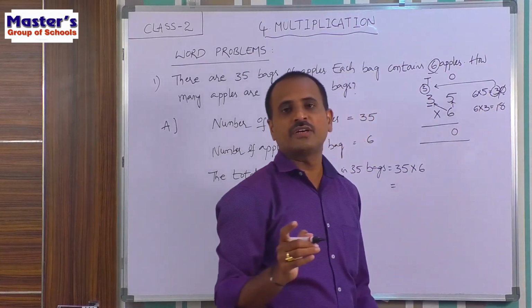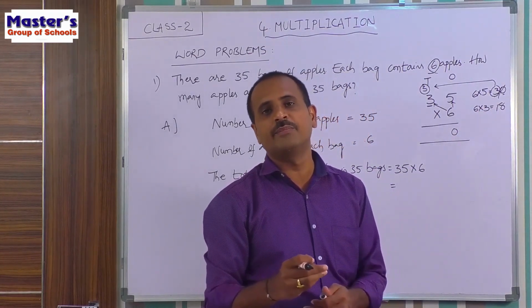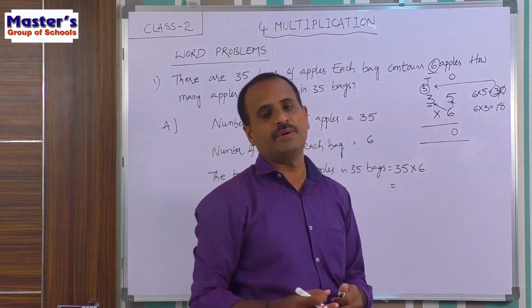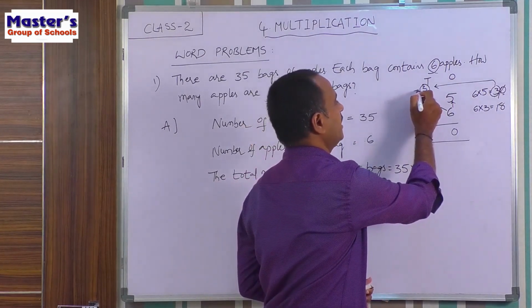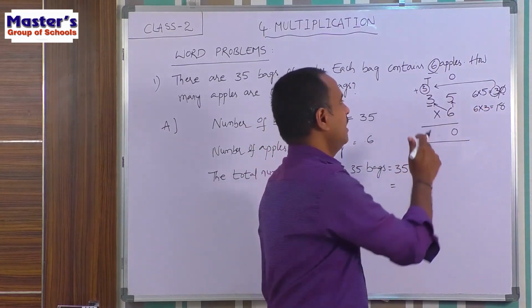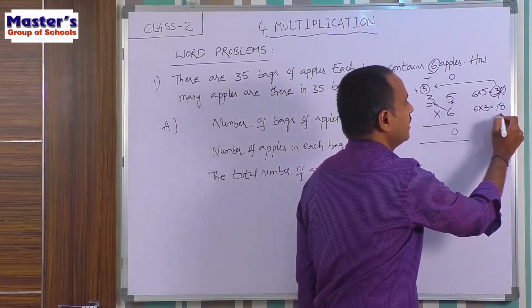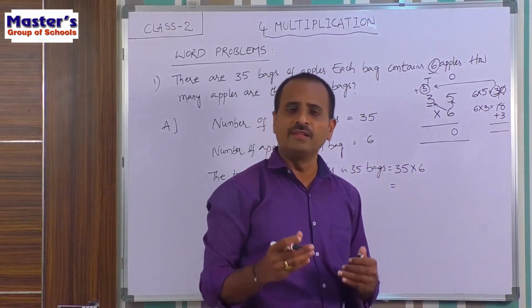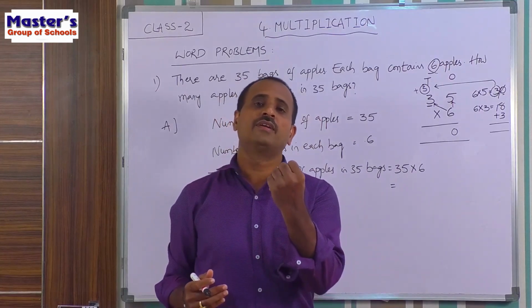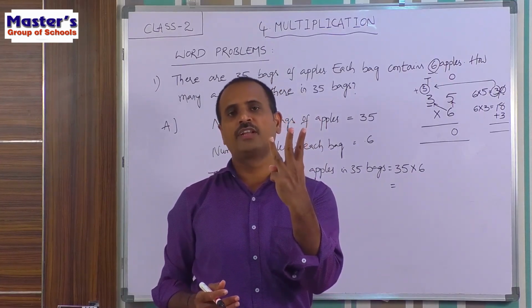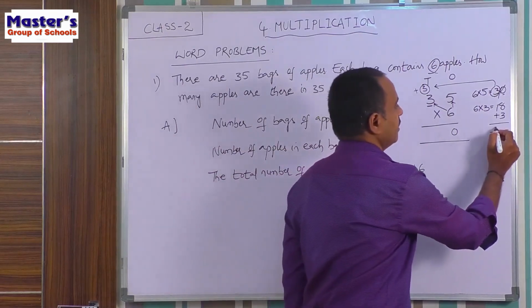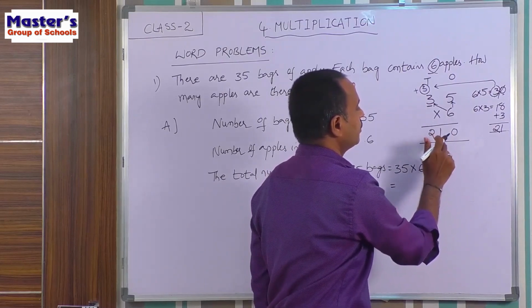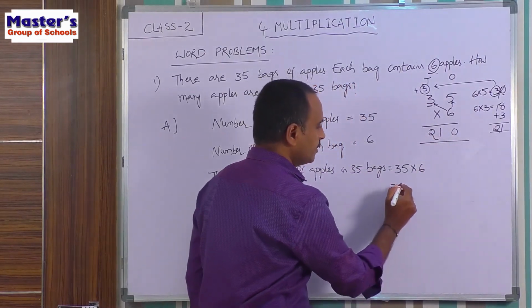And again remember, children, you have to add the carried number to the product. What is the carried number here? 3 is the carried number. You have to add this carried number 3 to the product, that is, add 3 to 18. So how much will you get? 18, after that 19, 20 and 21. So 21, and write 21 under 10's place. So the answer is 210.